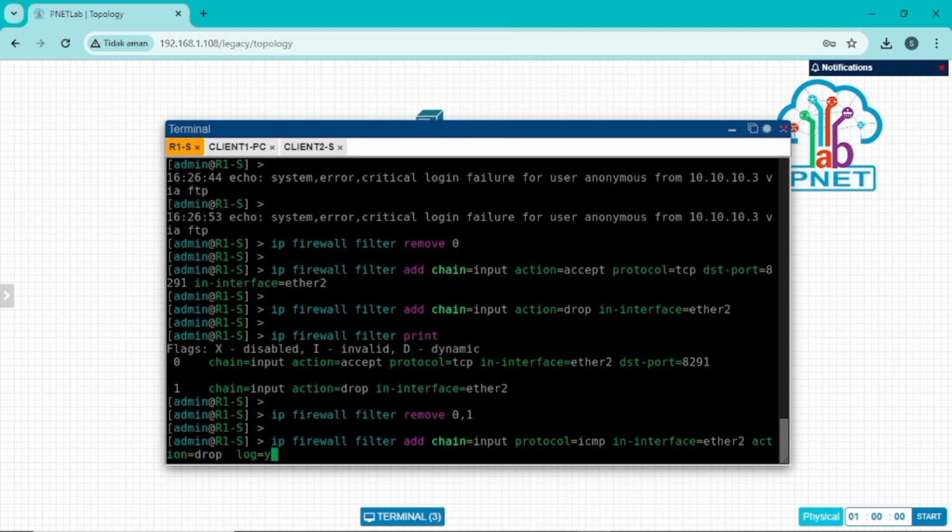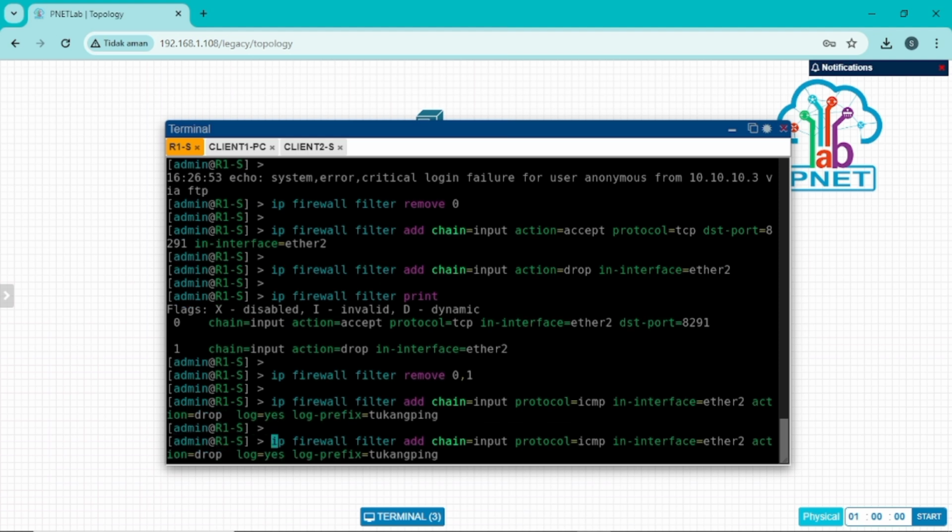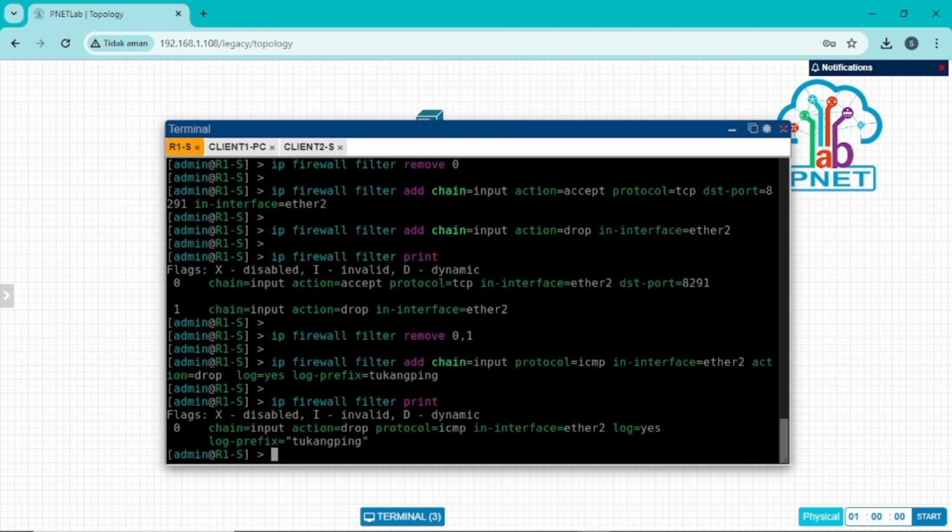Then in this rule, every time someone pings a client, their address will be saved with the prefix ping driver. Next, type the command IP firewall filter print.